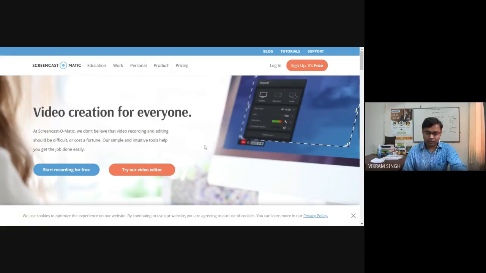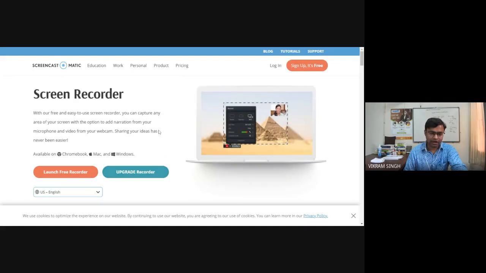Right, to start to record a video, you need to simply click on start recording for free, right? So you do not need to do anything. Even without creating an account on this website, we can record a small-size video, right? So now let's try. If you click on start recording, it will initialize some services, and then you can simply click on launch free recorder.